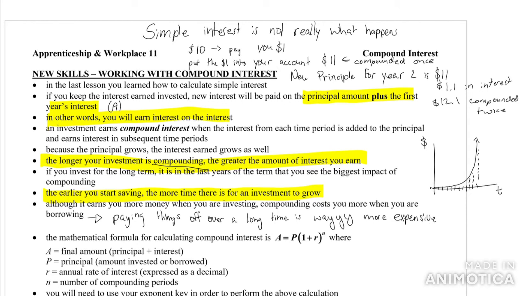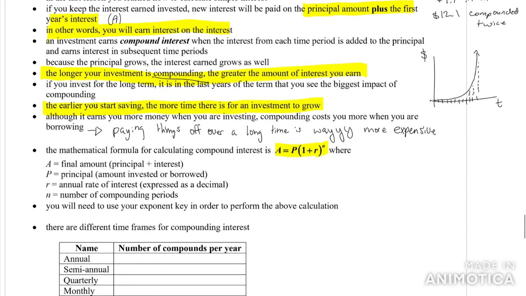So the formula for this, how we calculate compound interest for both paying and borrowing and lending money, is the same. It is this right here. So A equals P, open brackets 1 plus r, to the n. So you can see it's a lot more complex than our simple interest. We cannot use a triangle. Couple of changes are we don't see I anymore. We now have this A, which is our final amount, and that is equal to principal plus interest. So it's the same A as before.